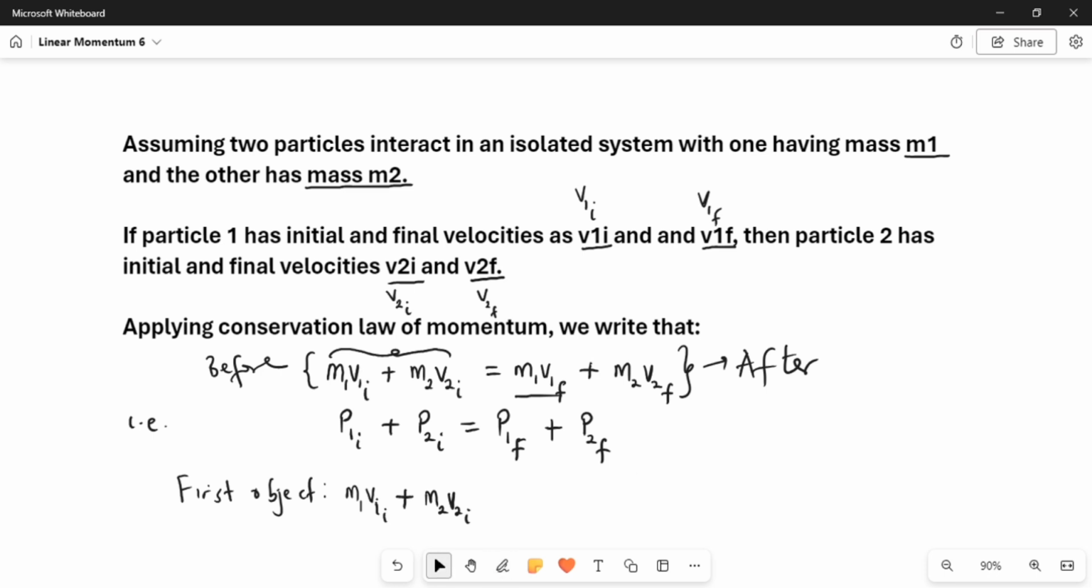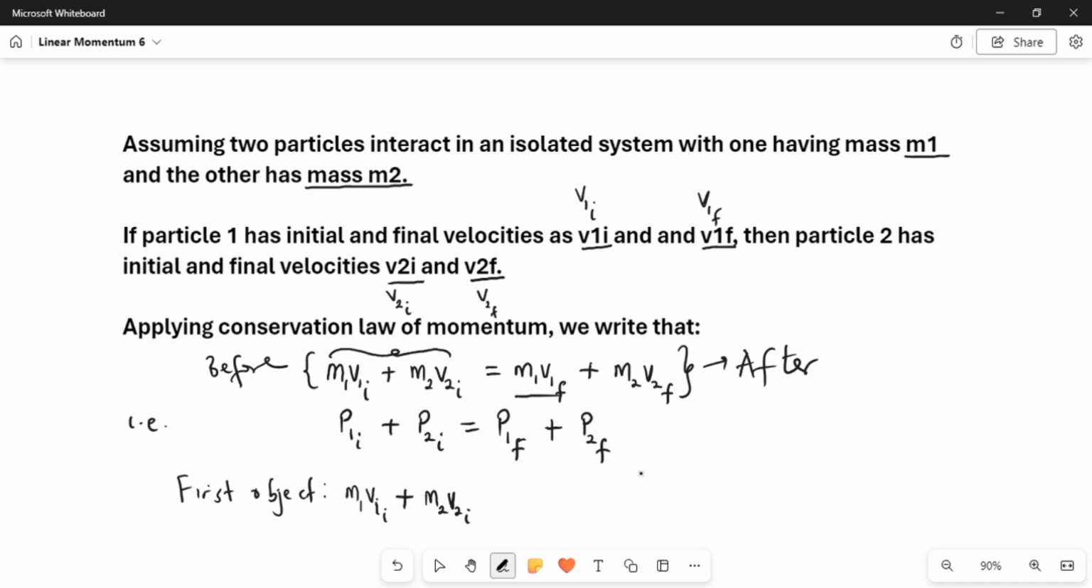Some textbooks will use u to represent initial velocity and then v to represent final velocity, whichever notation you want to use. The most important thing is understanding the concept. So applying the law of conservation of linear momentum, we say initial momentum before collision is equal to final momentum